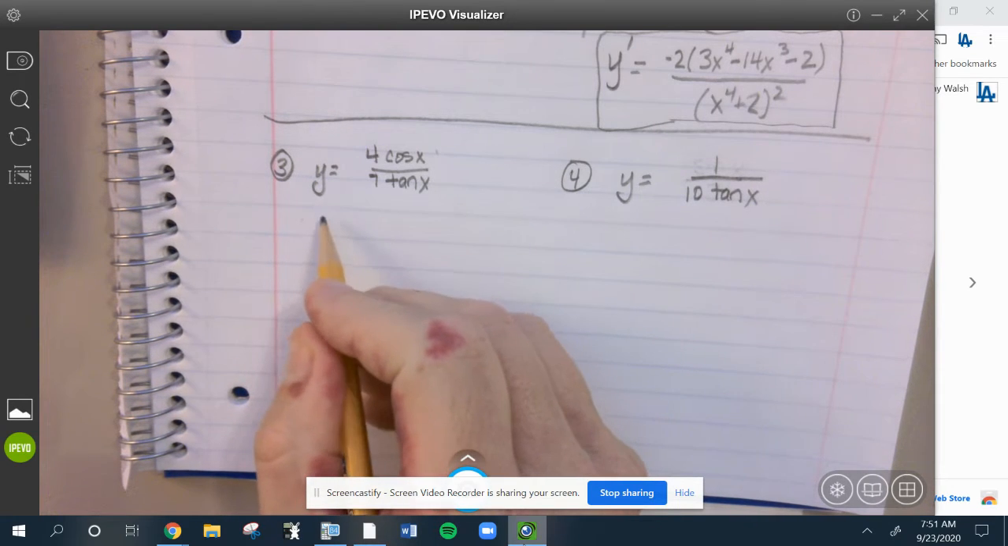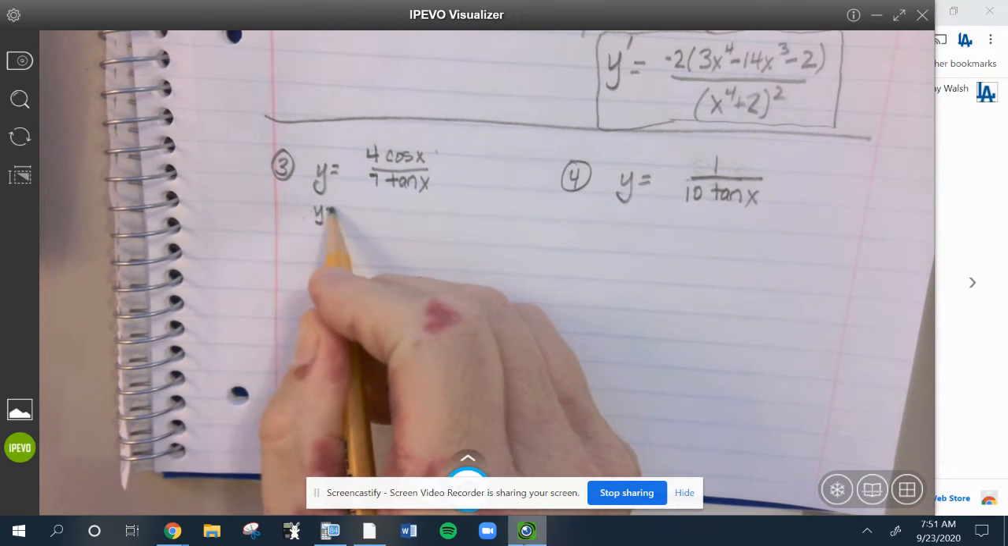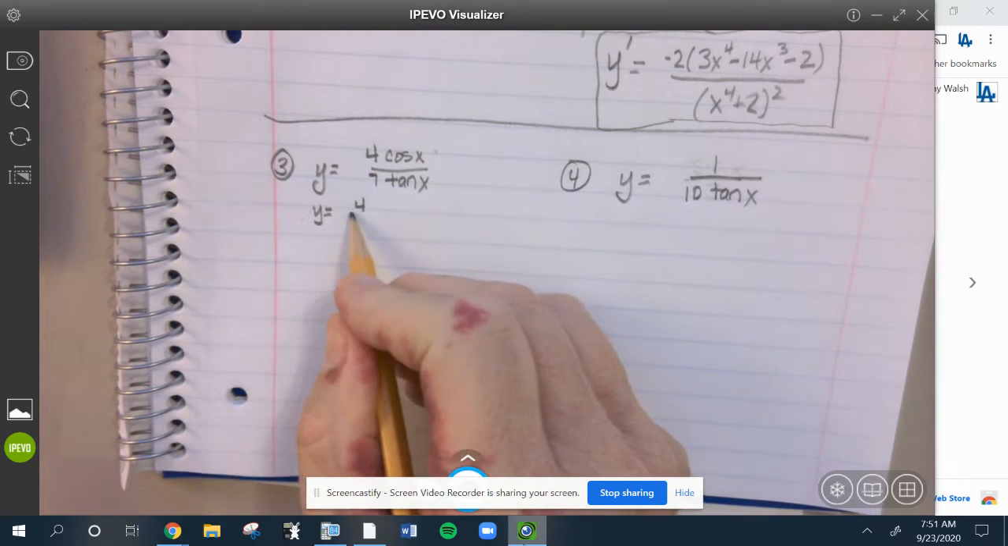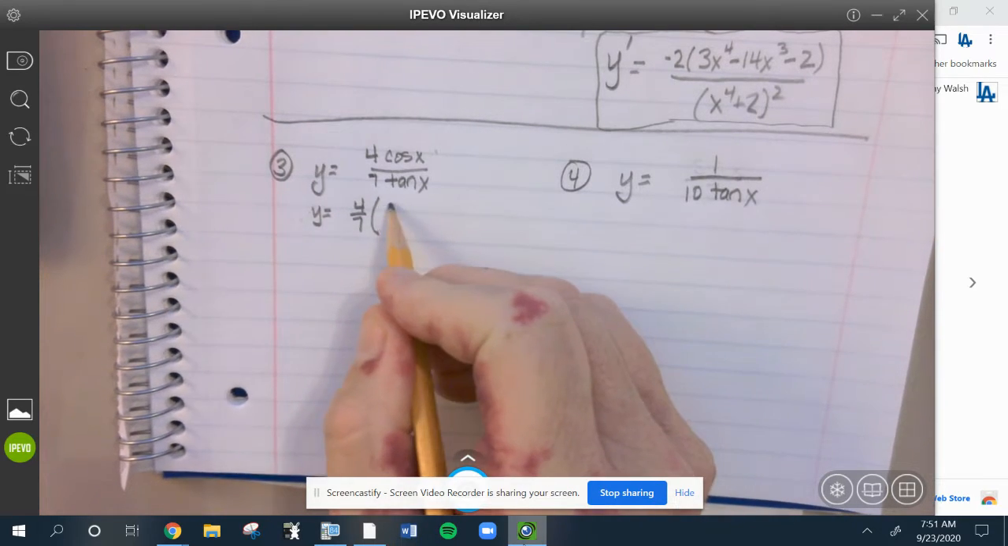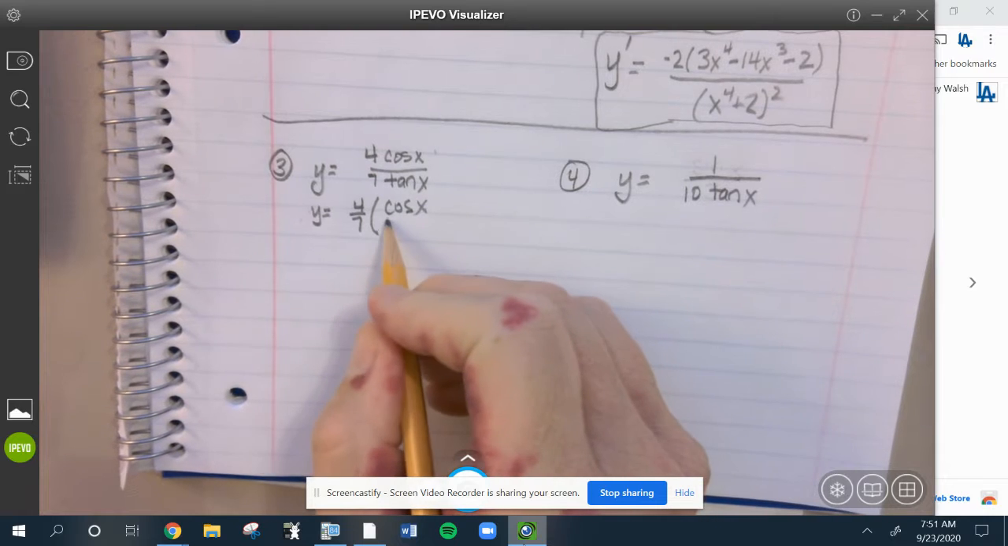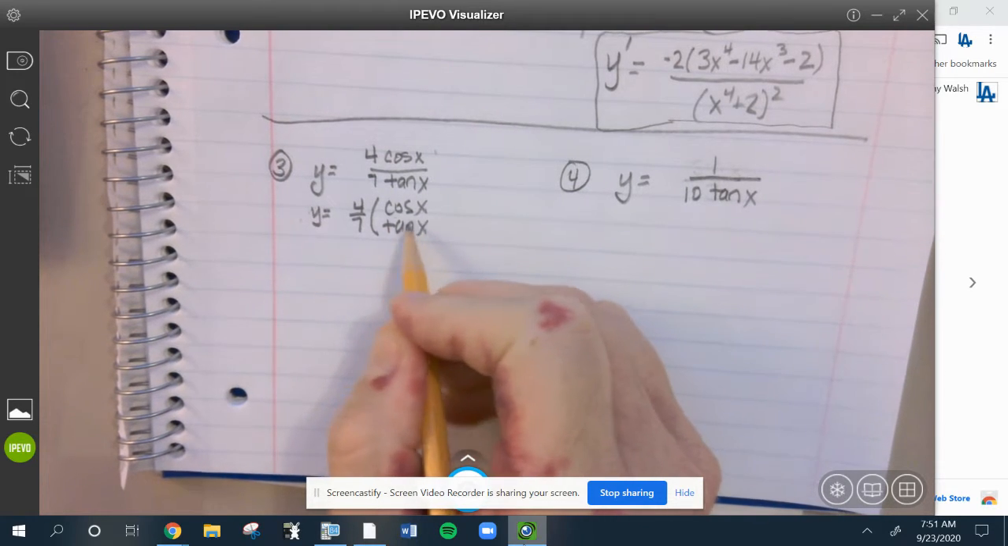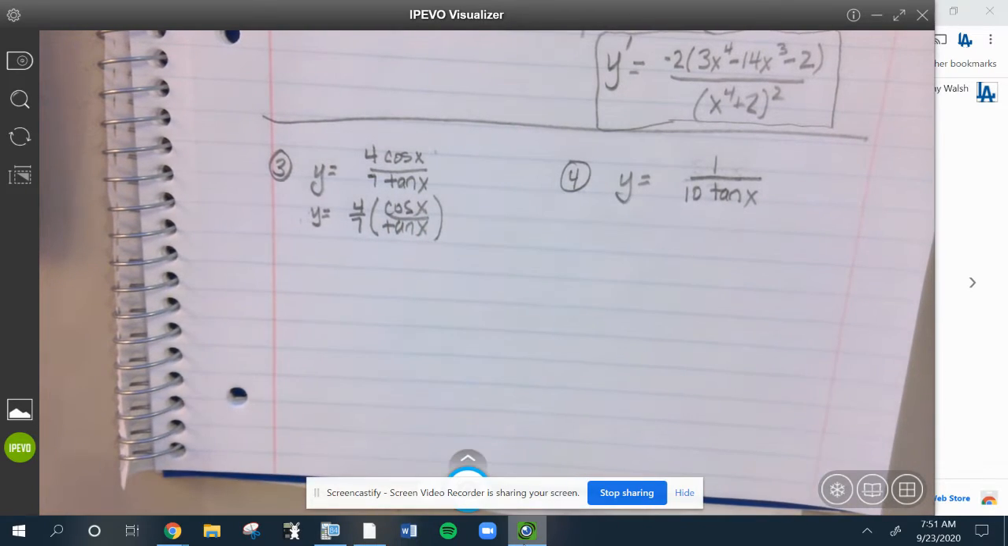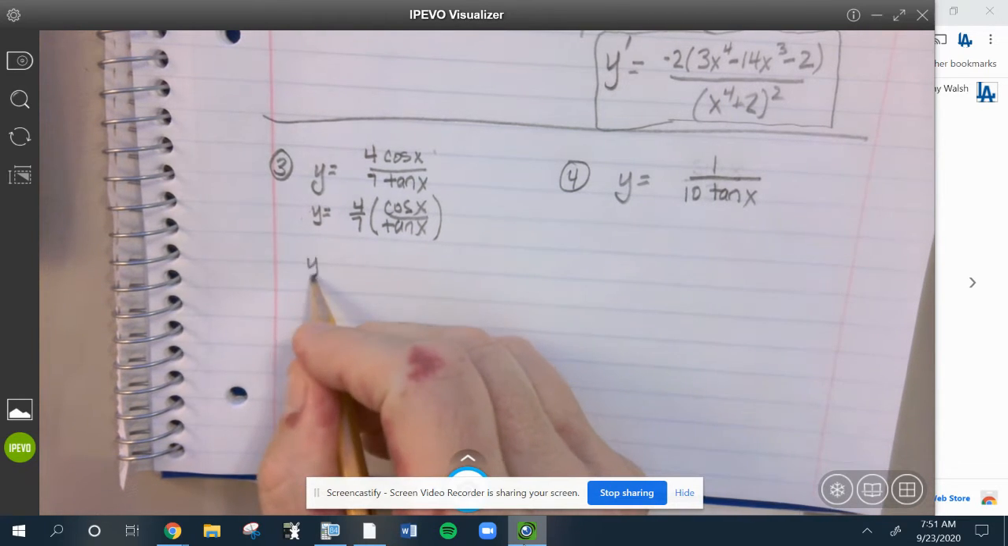So the first thing though is realize here that 4 over 7 is a constant multiple. The advantage to that is it's a little bit easier and you won't have to do as much simplification at the end. Really what you're doing here is you're simplifying up front. So the derivative